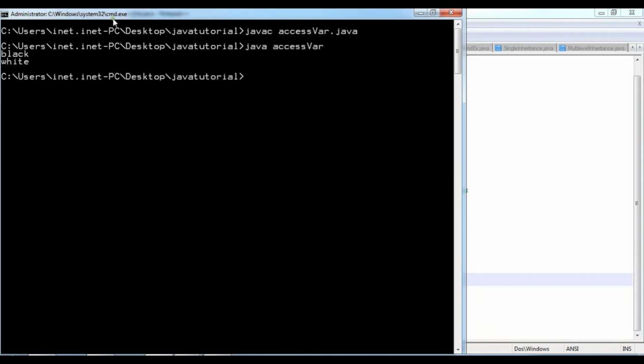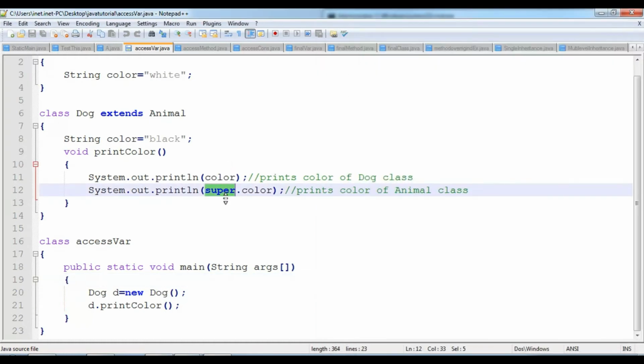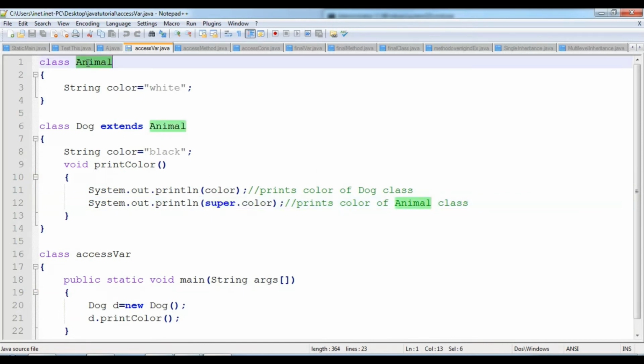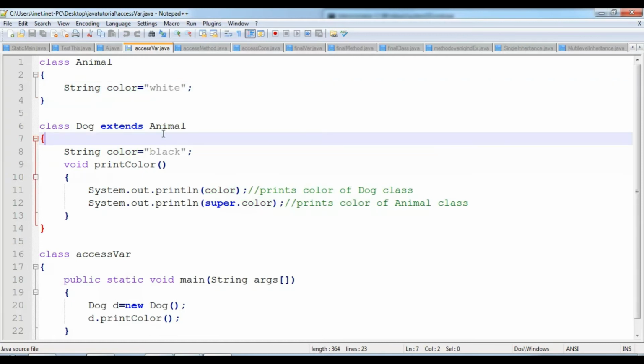So the first output is black. Why black? Because you are accessing the current class's variable, and the second output is white. Why white? Because you defined super.color. Now the super keyword is used to access the immediate parent class variable. Here super.color means it accesses the immediate parent class variable that is color. Means the output is white.